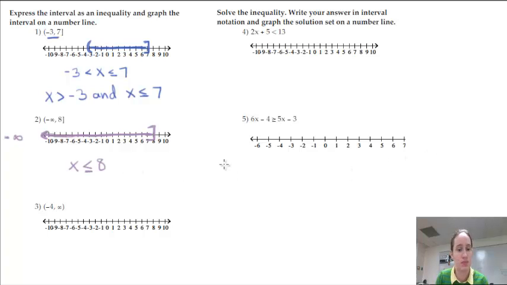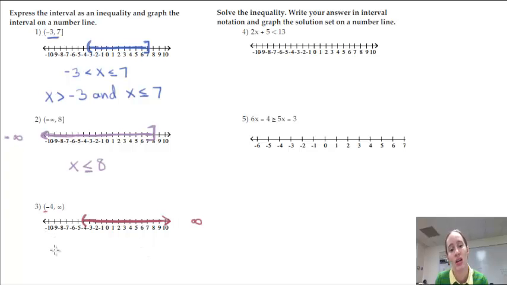Number 3. We have -4, infinity. So where is positive infinity? It's on the right side of our graph. We could keep drawing the right side of our line forever and ever, and we'd get to positive infinity. So we put a parentheses at -4 because this is a parentheses, and then we are shading towards positive infinity. So we shade to the right